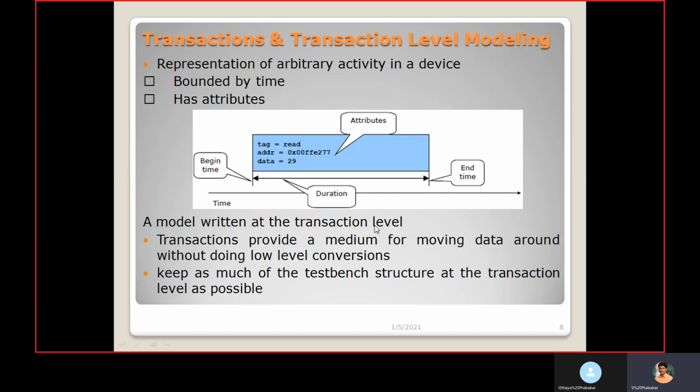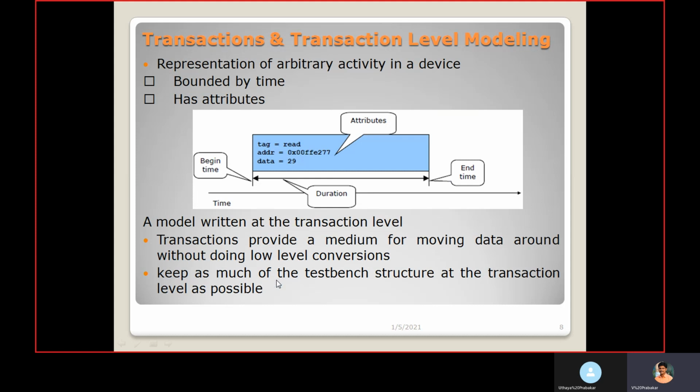A model written at the transaction level: transactions provide a medium for moving data around without doing low-level conversions. The help of the transaction is that, without assigning values at the pin level, we create them at the transaction level. To move them we need a medium, and that medium is the mailbox.